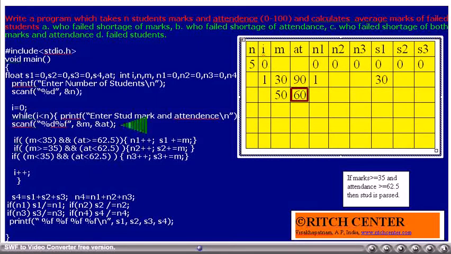That is, he is a second category candidate. He has got marks more than 35, but attendance is less than 62.5. Thus, the second if condition will be true. His marks M will be added to S2 and N2 value will be incremented by 1.